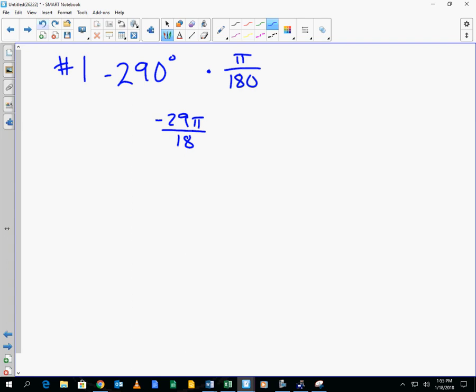You only have to do the odds on the worksheet. Please look at number 21. 21 says take pi over 18 radians and convert to degrees. If I'm going the other way, I multiply by 180 over pi. What happens to the pi's? What's 180 over 18? 10 degrees. Do the odds, practice converting back and forth. That's it. We pick up with the same topic tomorrow. Both sides, odds, odds,